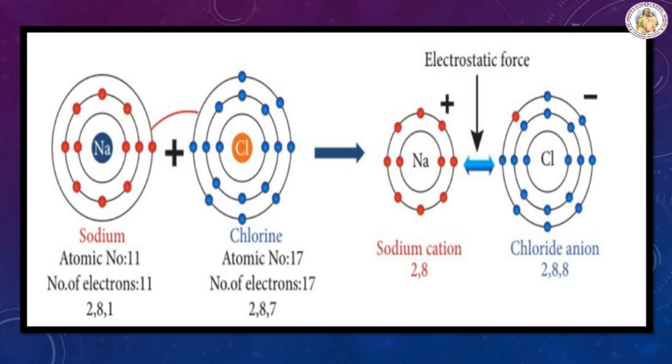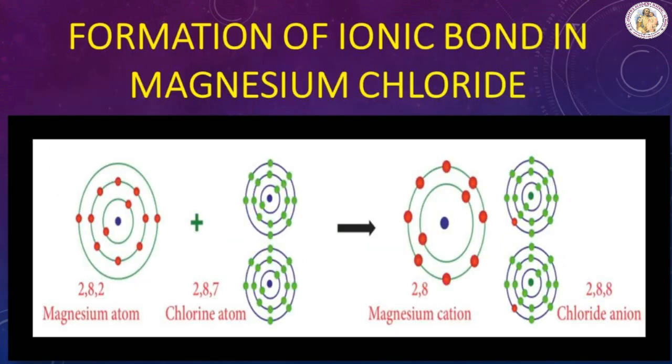When an atom of sodium combines with an atom of chlorine, an electron is transferred from the sodium atom to the chlorine atom, forming sodium chloride molecules. Thus, both atoms attain stable octet electronic configuration. Now we'll come to the formation of ionic bond in magnesium chloride,